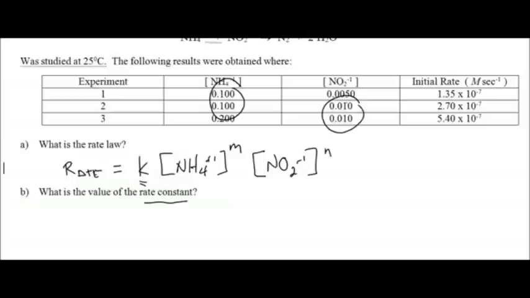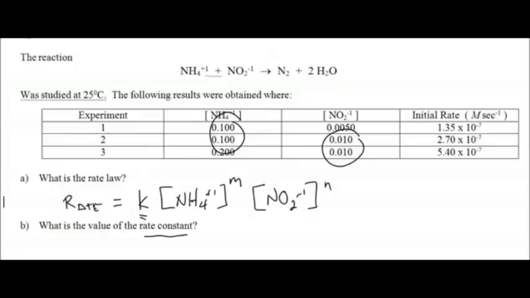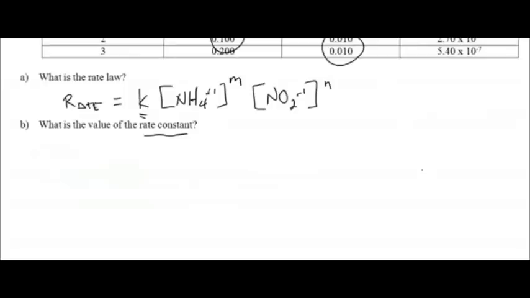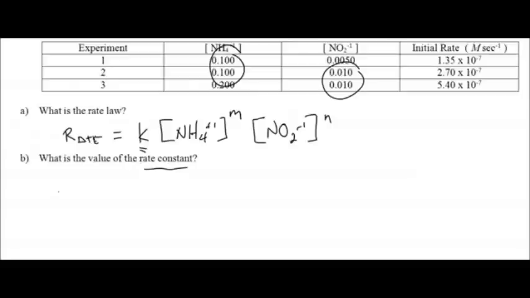And if we look at experiment 1 and 2, the concentrations for the ammonium is 0.1 in trial 1 and trial 2, and then for the nitrite, the concentration is 0.01 in experiment 2 and in experiment 3. So it's up to you to decide which one you actually want to use on that. Alright, so actually we'll start off with experiment